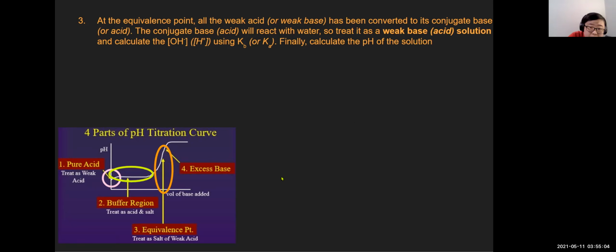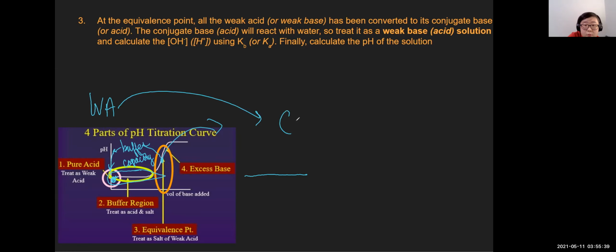So this is your buffer capacity, right between here and here is the buffer capacity region. You can see by the almost straight line here, the pH is nearly constant. Once you reach it, it's going to immediately shoot up or shoot down. The reason why is, okay, here's the idea. You have a weak acid, and at the equivalence point all of it has turned into its weak conjugate base, or vice versa. And so you no longer